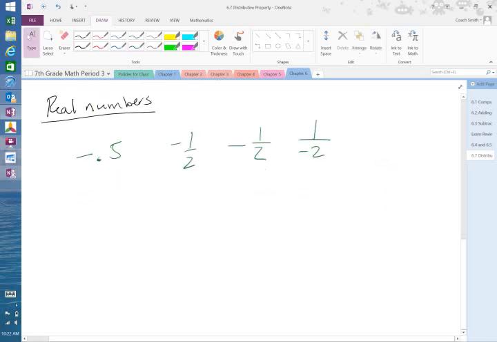Okay? Now, we talk about that because I wanted to get to what we're doing today. What we're doing today is we're talking about the distributive property. The distributive property we have talked about before. We talked about it last year in 6th grade. We didn't spend a whole lot of time on it, but for the distributive property,